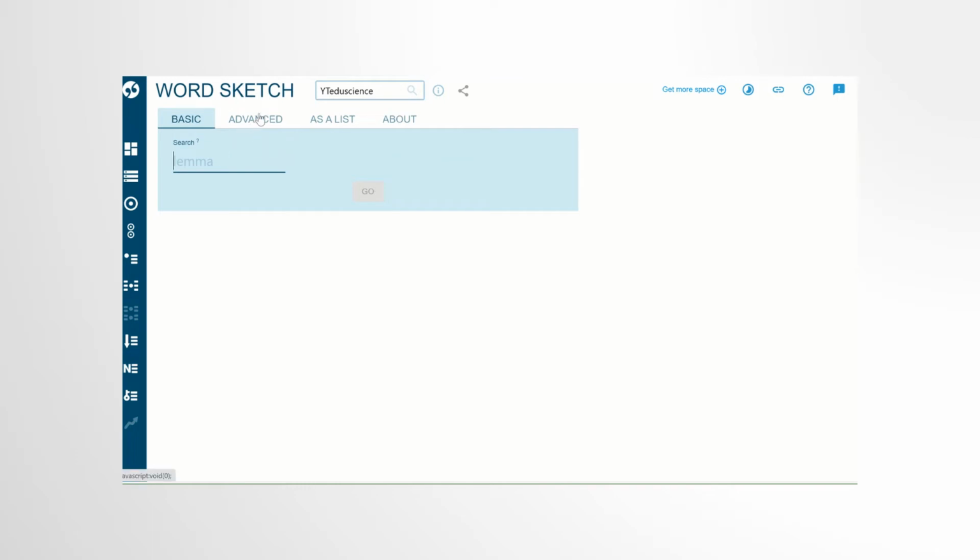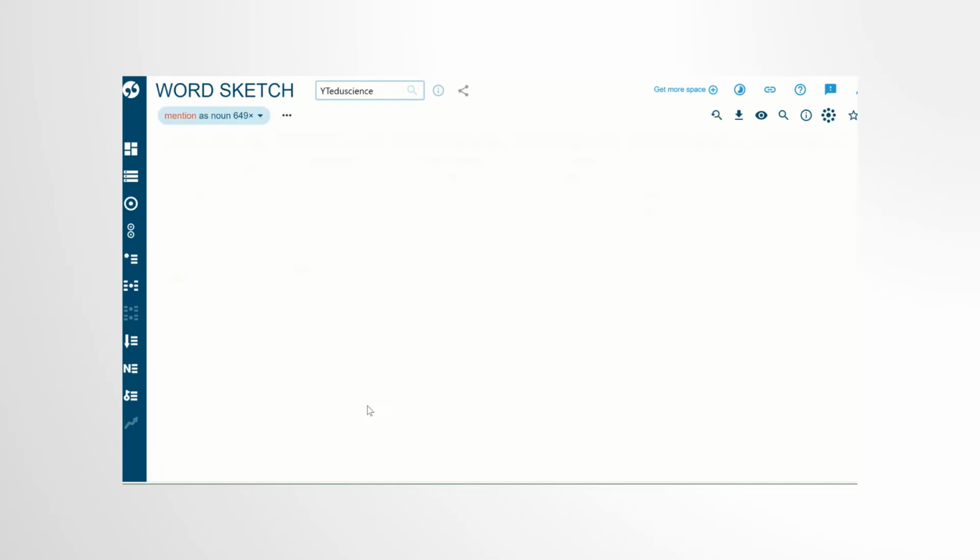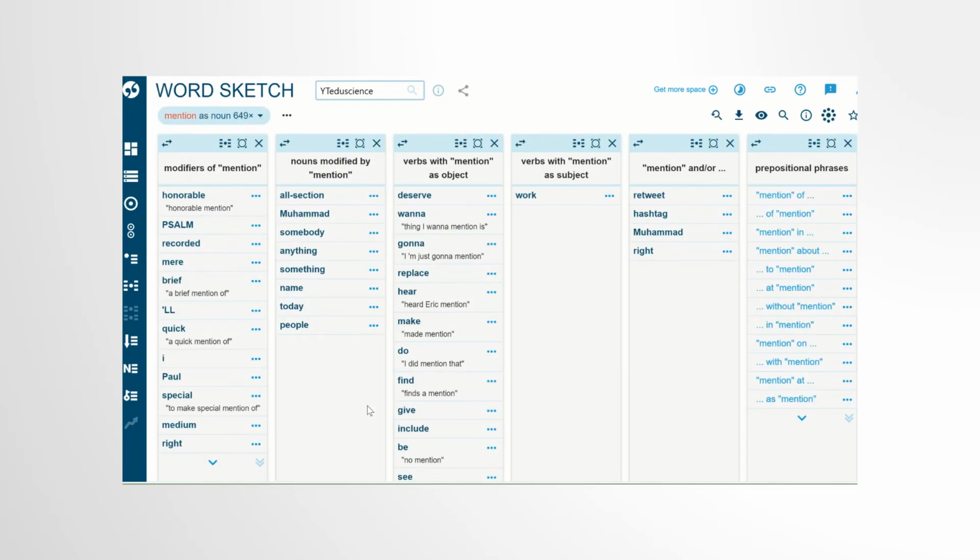Of course, we can do the same sort of search here: mention as a noun, in this corpus. But we would only find, well, apparently we do find some examples of deserve mention,